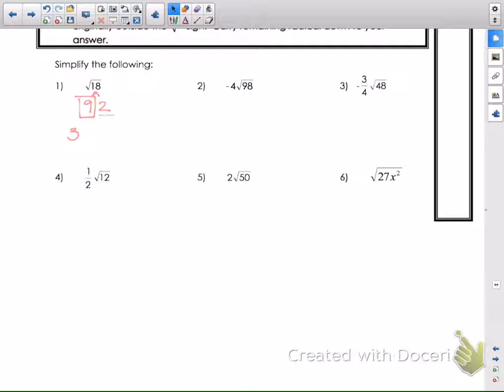Can I square root 2 nicely? No. If you cannot square root something nicely and it doesn't break down further, it stays inside. That is considered the simplified version of the square root of 18. So you don't do it where you put like 3 and 3. You can, but people do that wrong